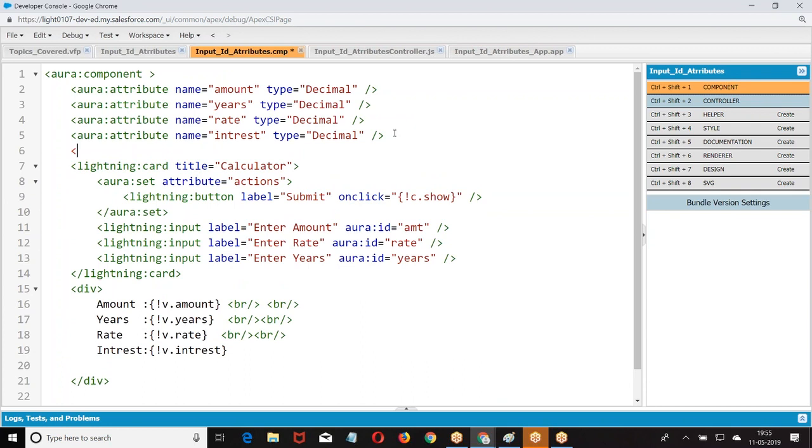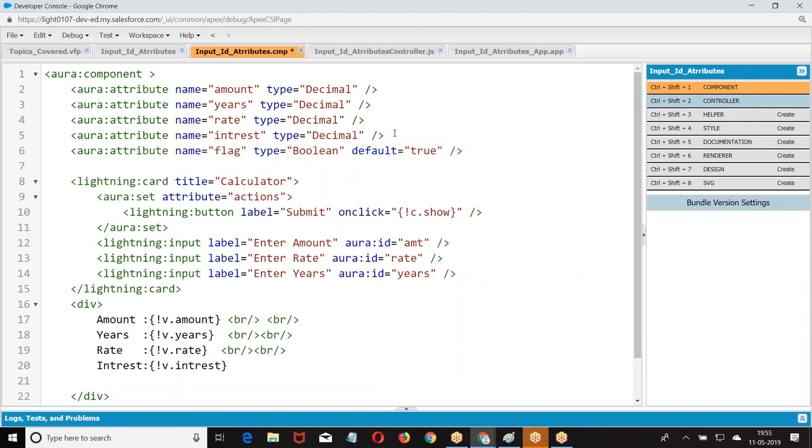I will take an aura:attribute, name equal to flag, type equal to boolean, with a default. So what I was doing: aura:if isTrue, v.flag.